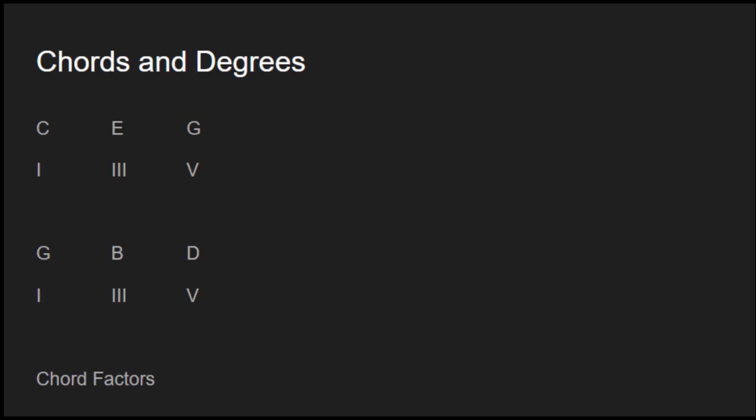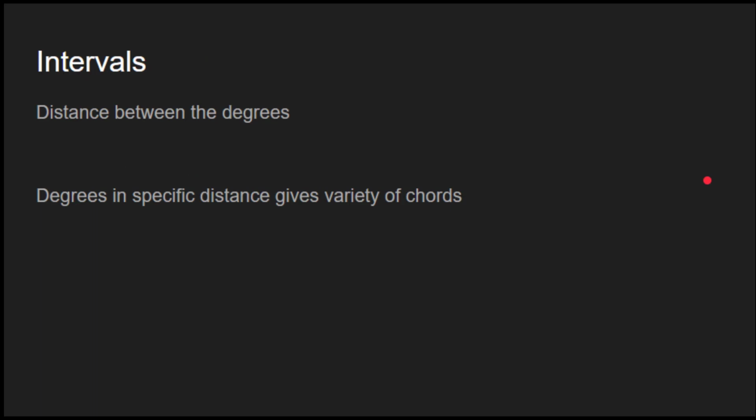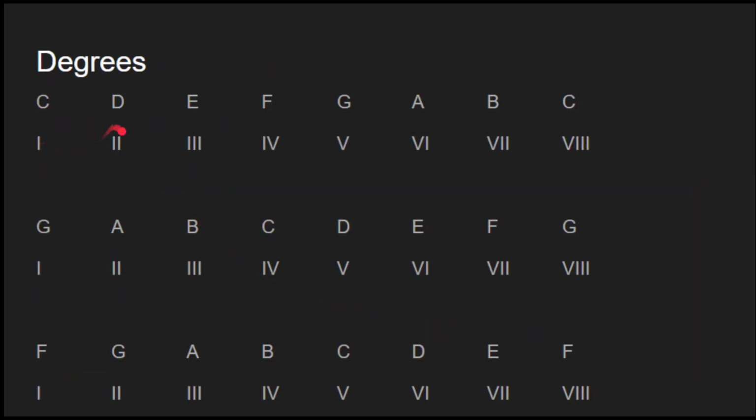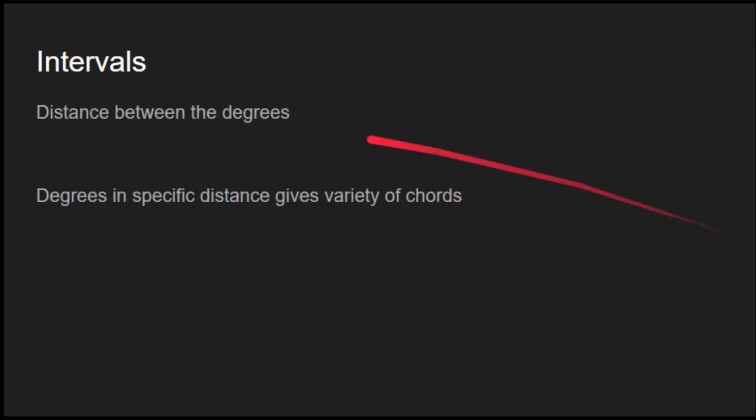We talked about, in order to build a chord we need to know two major things. One is the degree, which we talked about, and the other one is the interval, that is the distance of each of these degrees. So here, for example, I have written 1 2 3 4 5 6 7 8, but then the distance between the 1 and 2, especially in terms of sound, I'm not talking about how these things look, in terms of sound, how far is the first degree and the second degree, this is defined by the interval. So interval talks about distance between the degrees or distance between two notes. All right, so